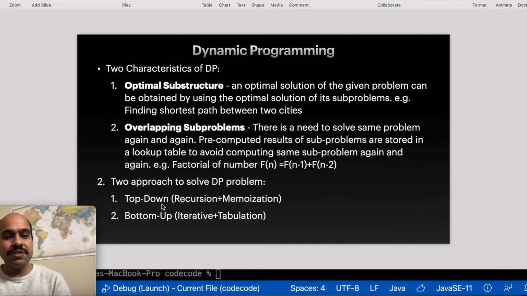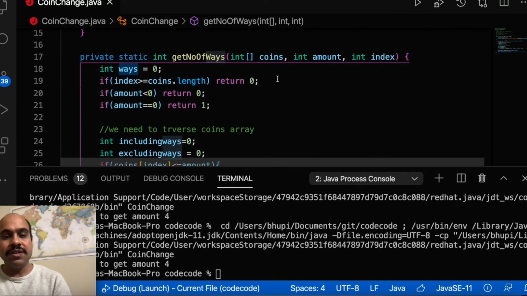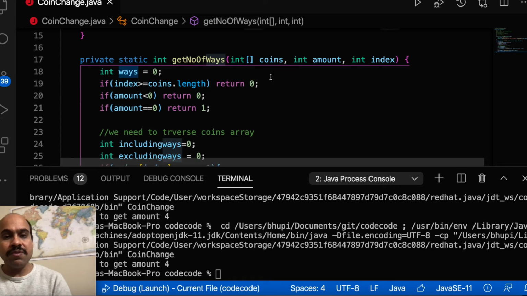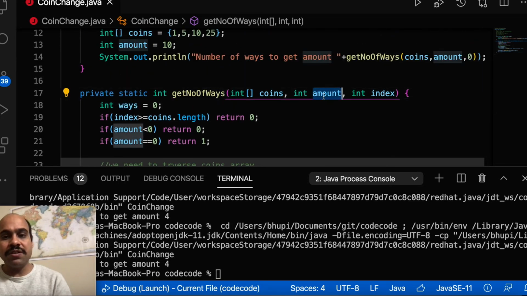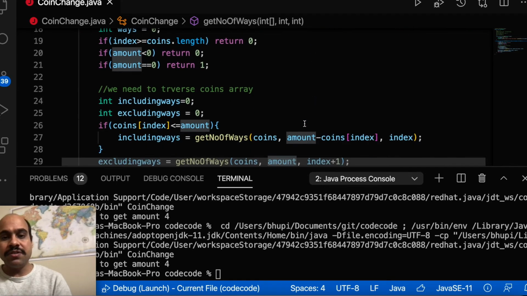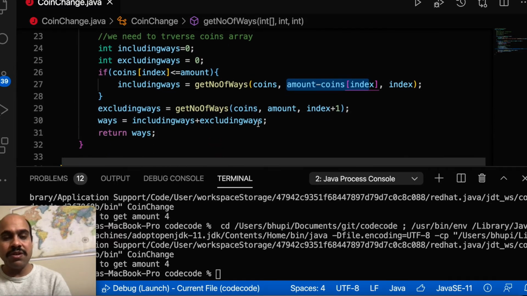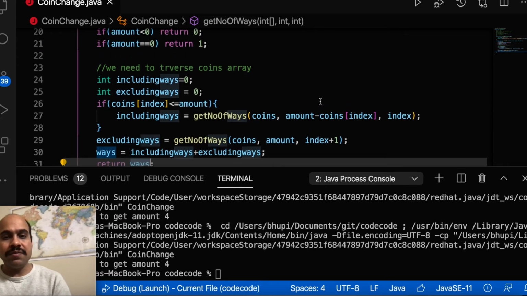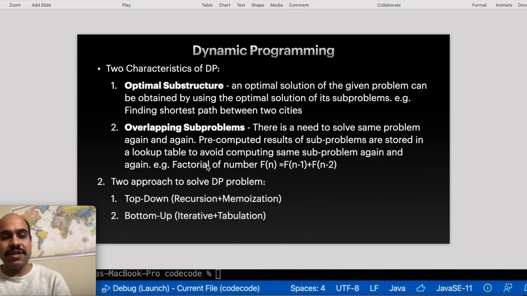So what does top down mean? It means it's again a recursive solution. I start from the top. So here I am saying try to find out how many ways there are to create amount 10, and then it will reduce it to find out how many ways there are to create amount 9, then 8, and then 7. So this way we are going from top to down, and once we reach the last function call of the recursive tree, then this value will be returned to its parent, and the same way it will be returned to the final answer, and we'll find out that 10 can be created using 4 ways. So that's why it's a top down approach.